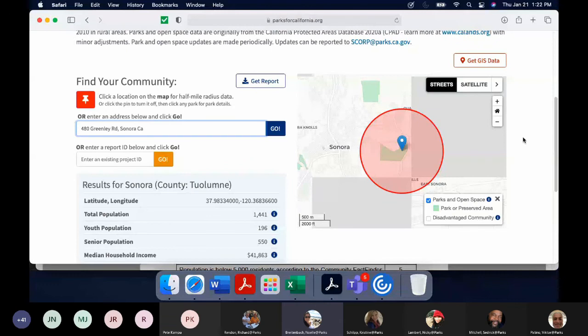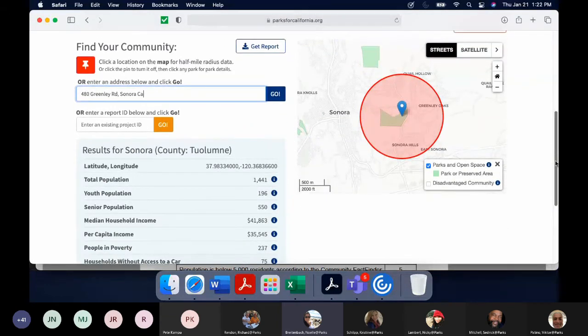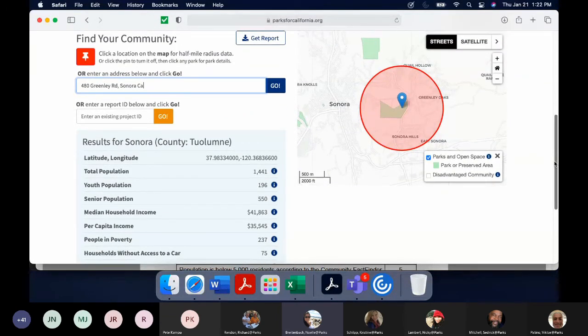Super. Okay, so that's basically how that all works. You hit the go button and you get there. So as you see, the pin here is located kind of in the northeast area of the park. If we move that pin a little bit further towards that edge of the park, you see